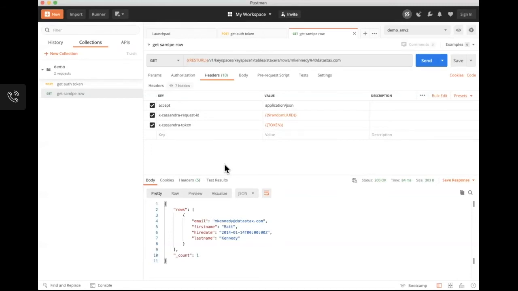So pretty convenient way to go from setting up a data model to immediately testing APIs that you can use either for UI development or for serving as regular APIs with CRUD functionality. All right, so let's move on to the next thing now.